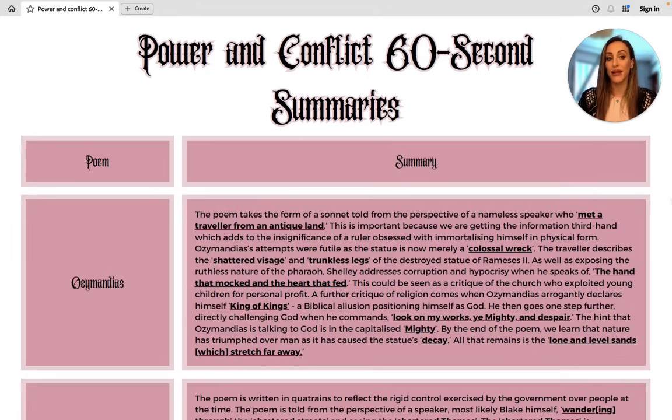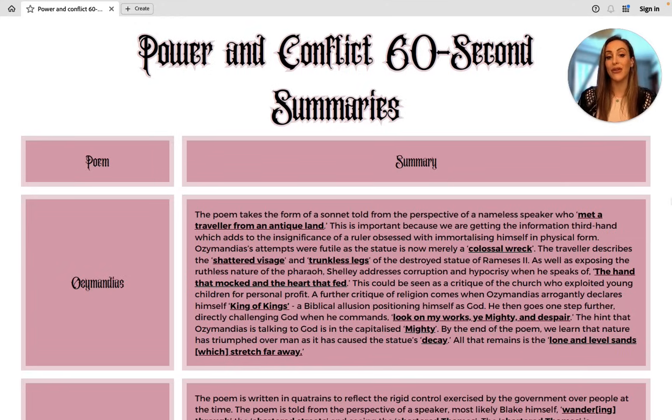is I've condensed the key information from each poem, the key contextual information from each poem, key quotations, which you will see bolded and underlined in the poem, and you'll notice that I've only put very short quotations in to make them nice and easy to remember, and there are also techniques in these summaries. So that information has all been condensed here for you to help you revise and help you feel less stressed about that exam. So in this video, I'm going to go through each of these summaries and explain them as I go. And then, as I said, that resource will be available for you on my TS shop, which